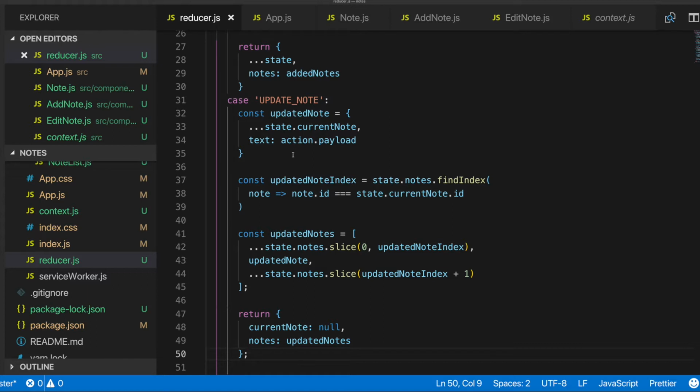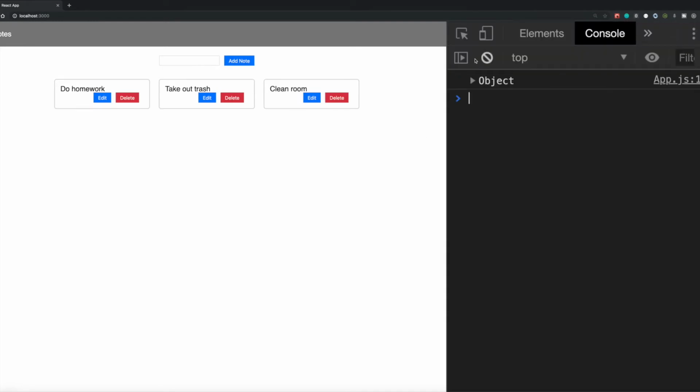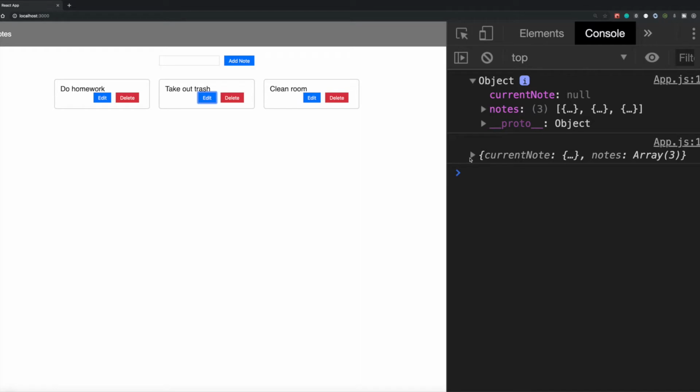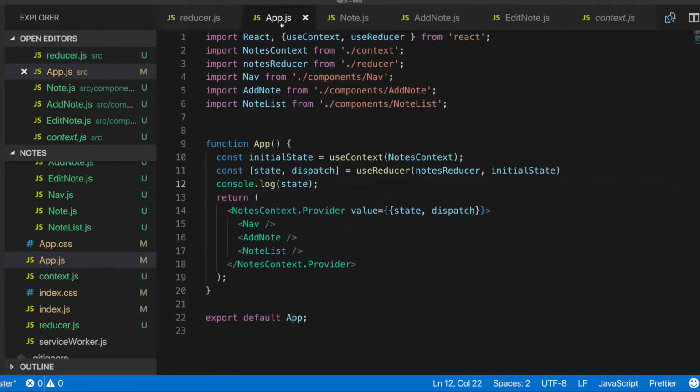All right, so now I also need to do one more thing. Whenever I click edit here, let me show my console since our state is being logged. Currently we have currentNote is null, we're not editing anything. And when I click edit, now our currentNote is updated, but we're not seeing that text area. So what I'm going to do then is in app.js,